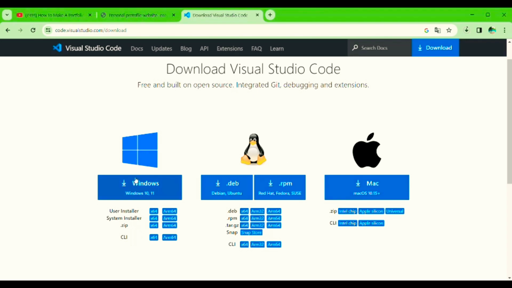Then click on Windows, it's automatically downloaded. When you click on Windows here, it's automatically downloaded. After that, once downloaded, it will show like this. See guys, it will show like this. Okay,